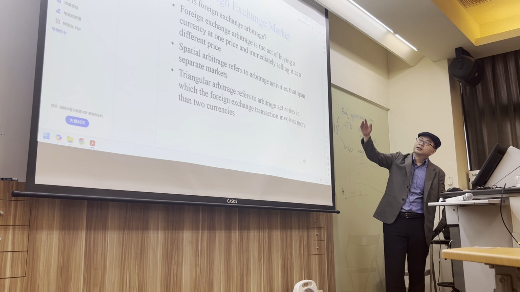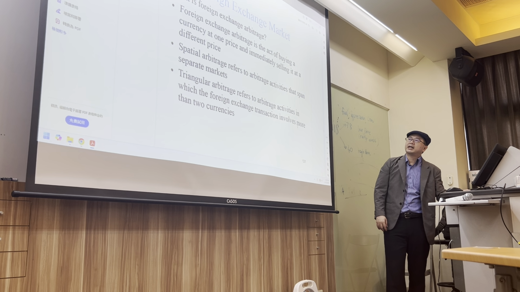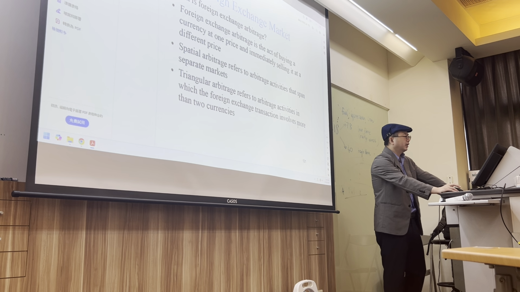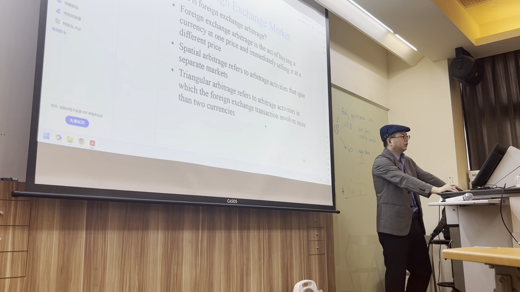Okay. So foreign exchange arbitrage is the act of buying a currency at one price and immediately selling it at a different price. Okay? And spatial arbitrage refers to arbitrage activity that spans separate markets. You have two different geographic markets. Okay? And triangular arbitrage refers to arbitrage activities in which the foreign exchange transaction involves more